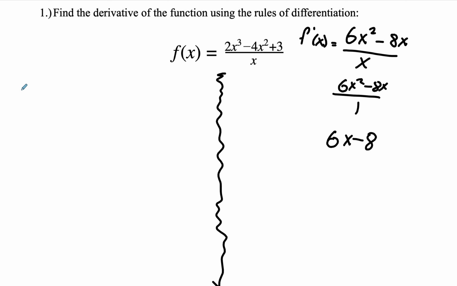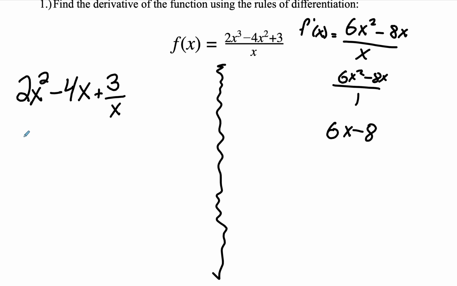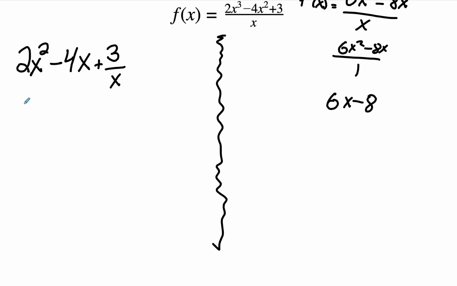So I'll do method 1. Here's how some people simplified. They take everything and divide it by x. If I divide 2x cubed by x, I get 2x squared because one of the x's cancels. If I divide 4x squared by x, I get 4x because one of the x's cancels. And if I divide the 3 by x, the x doesn't go in, so what I get is 3 over x. And this is just the equivalent of 2x squared minus 4x plus 3 times x